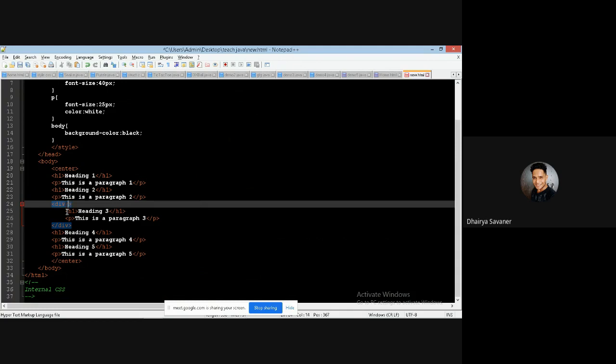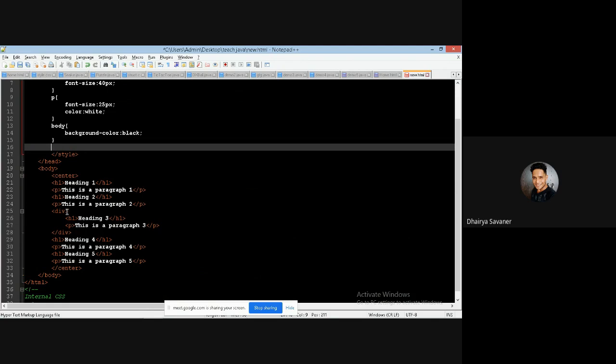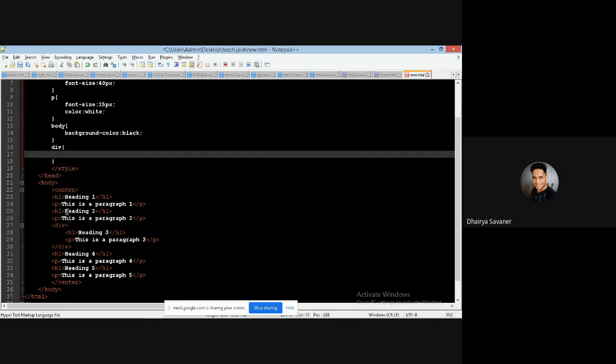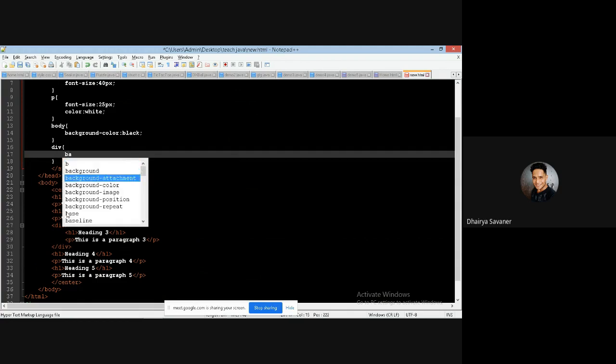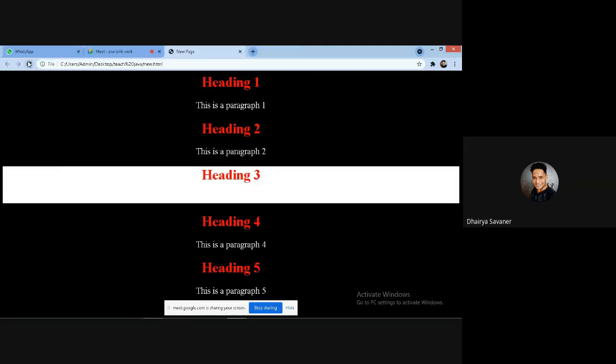So what if we just style it here? Let's use the internal CSS only, div. Now let's set background color as white. So when we just refresh it,